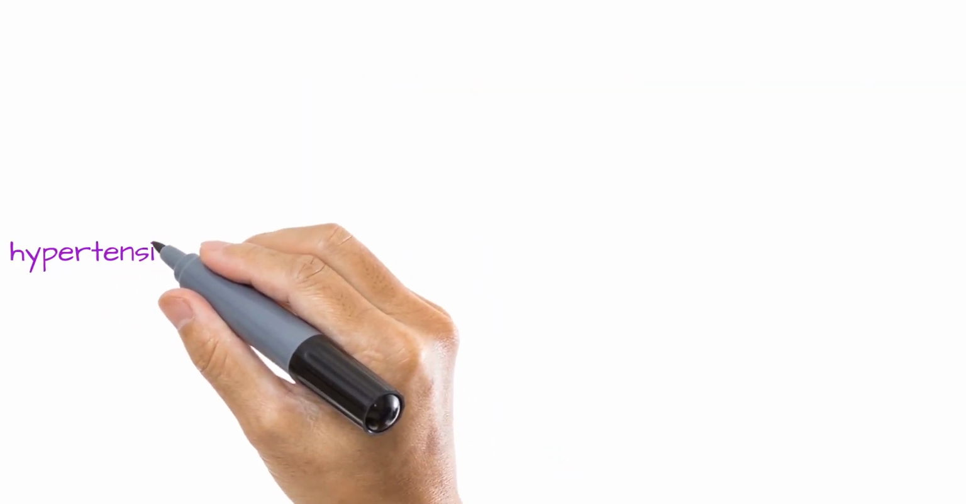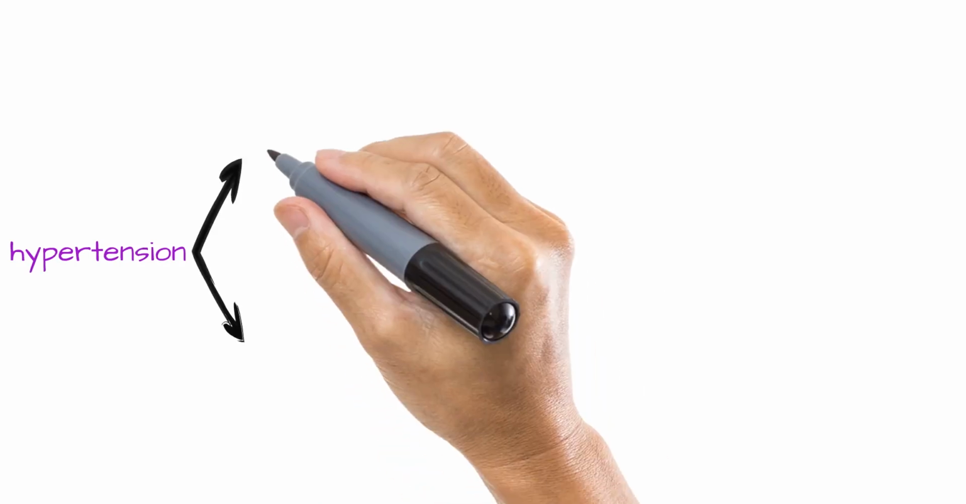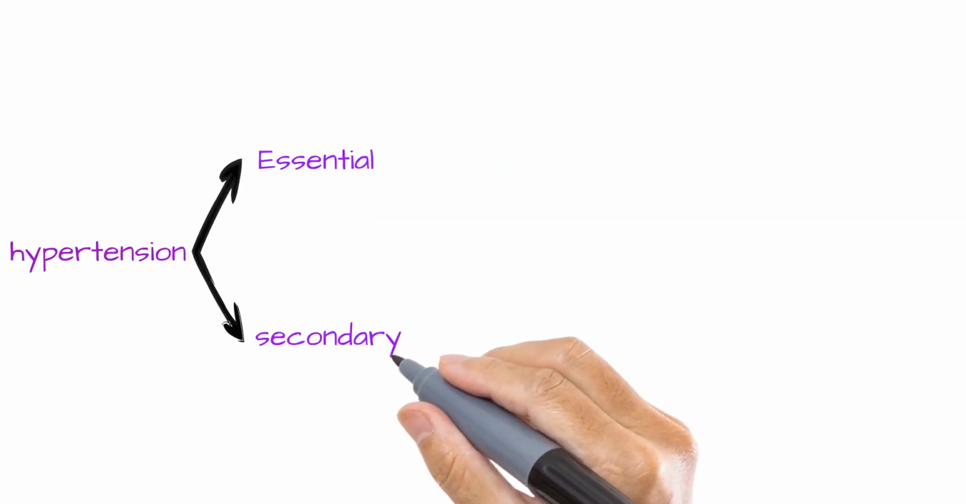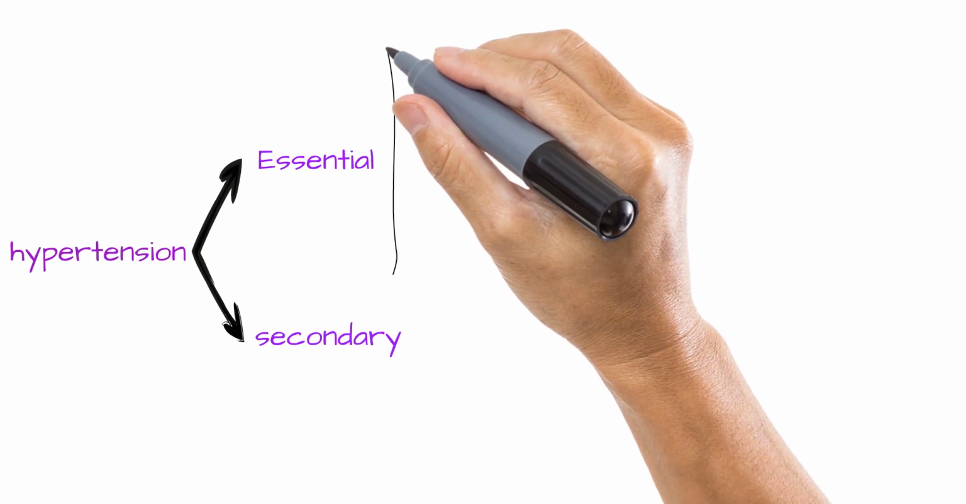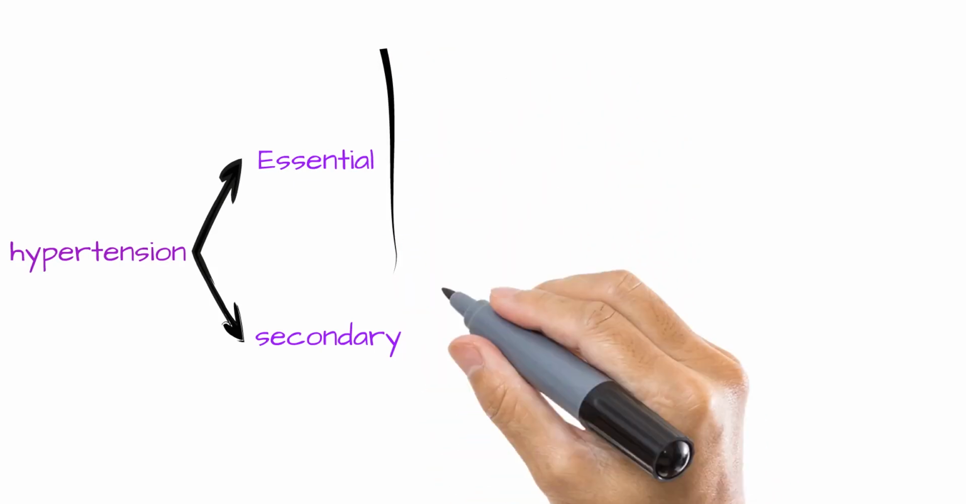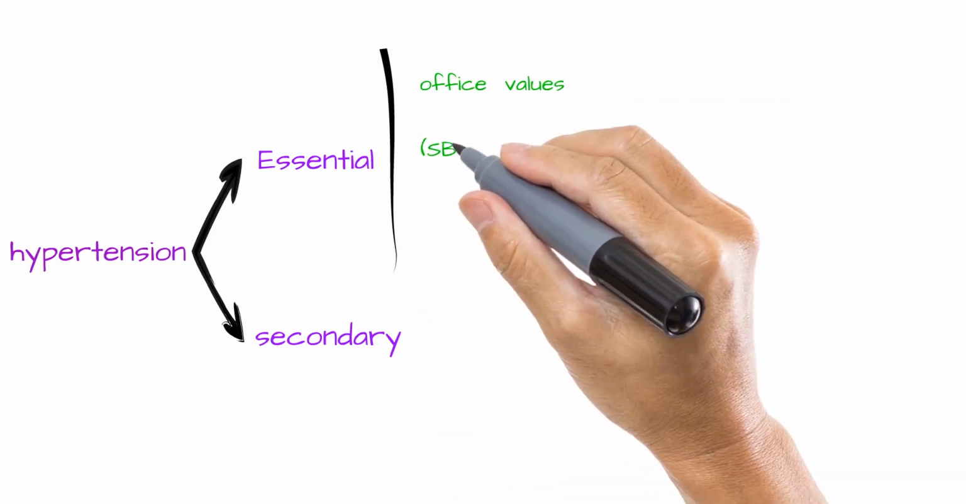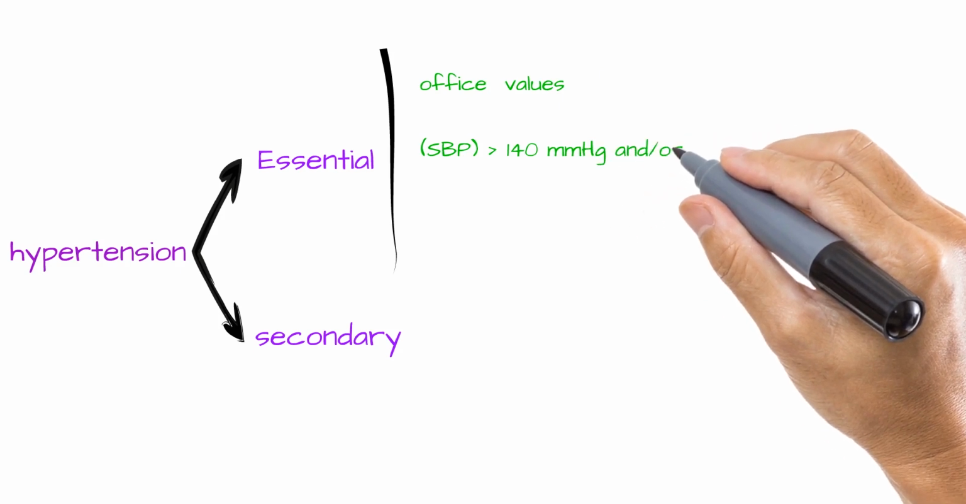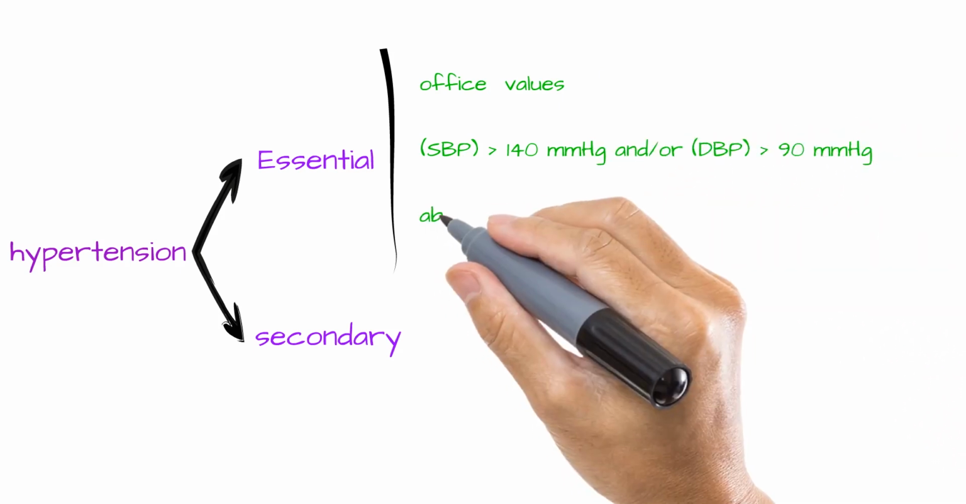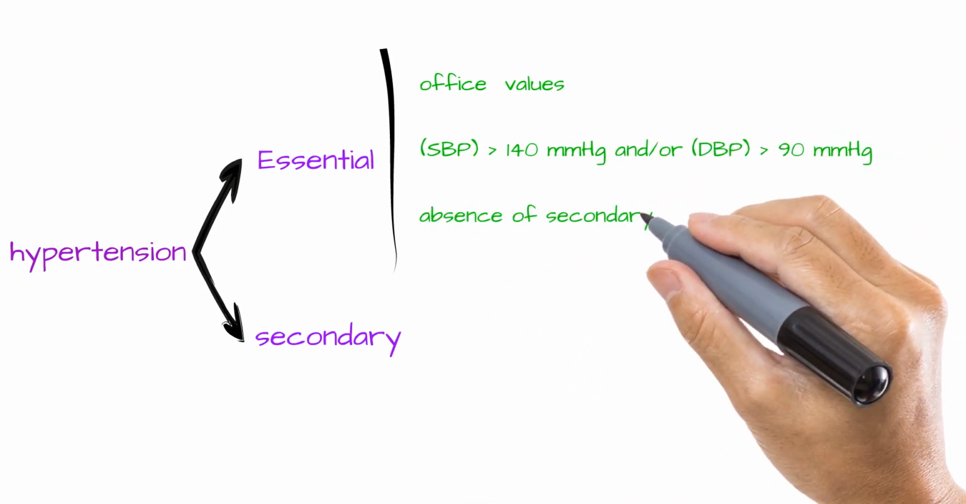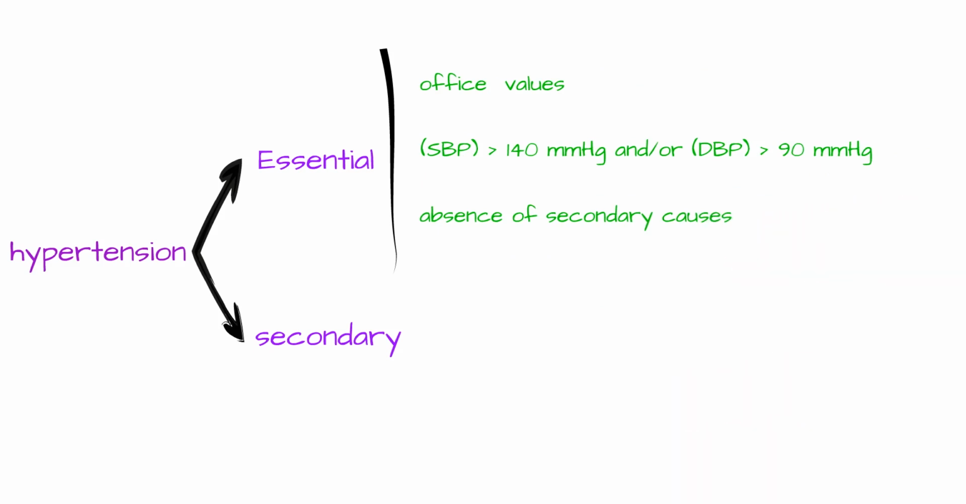There are two kinds of hypertension, essential and secondary. The definition of essential hypertension is an office value of systolic blood pressure equal to or more than 140 mm mercury and/or diastolic blood pressure more than or equal to 90 mm mercury in the absence of secondary causes